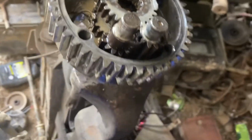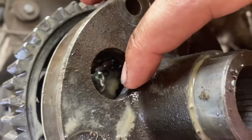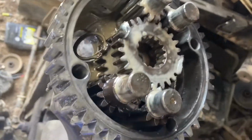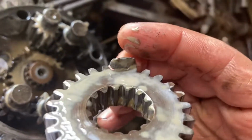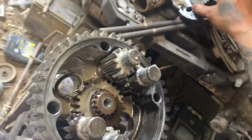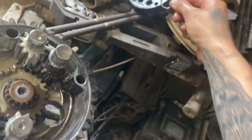Okay. So there were previously some welds tacked right here to the casing. Just extra precaution kind of stuff, I think. Those did snap. Which I'm pretty sure those are cast. I'm not really 100% sure, so don't hold me to it. Oh, there's my snap ring. Put that guy back on there. Still in good shape. Well, not on the same one I got it from, but...